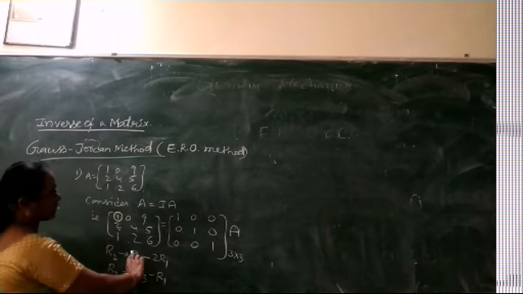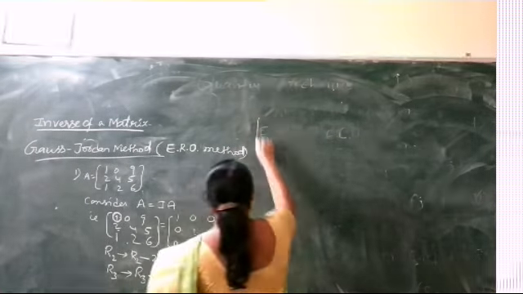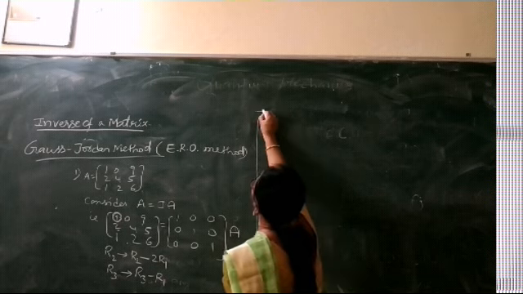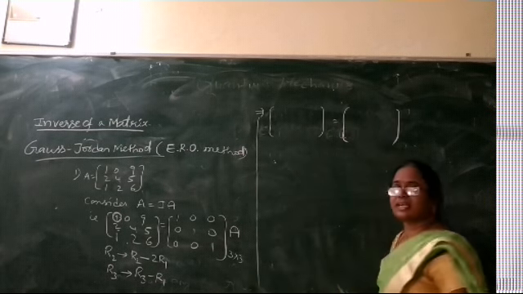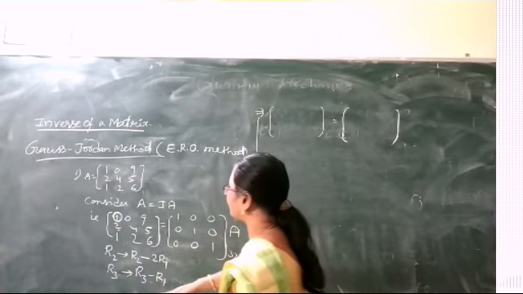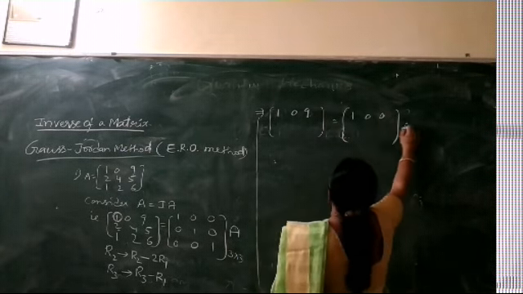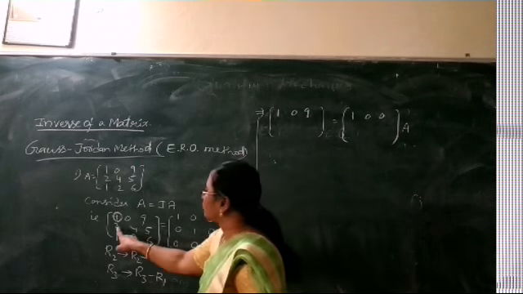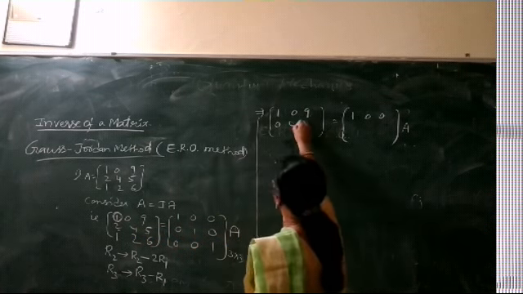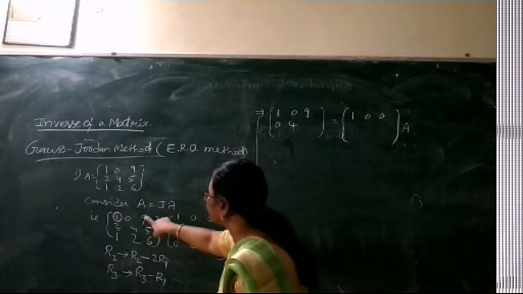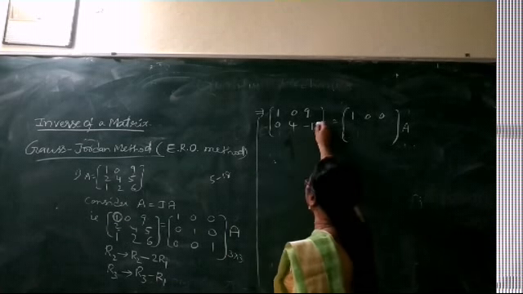When the two operations are applied on both the left and the right hand side, let us see what our resulting expression is. First, the left hand side. We have the first row the same, 1 0 9, 1 0 0. Now the second row. It is 2 minus 2 into 1, which becomes 0. It is 4 minus 2 into 0, which is 4. It is 5 minus 2 into 9, which is 5 minus 18, minus 13.